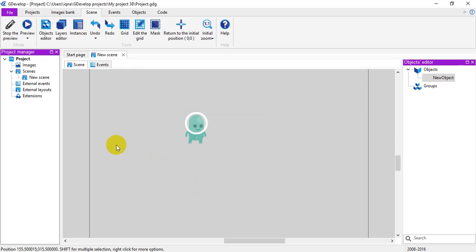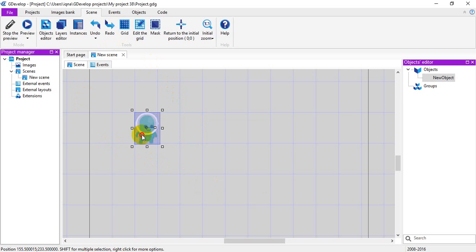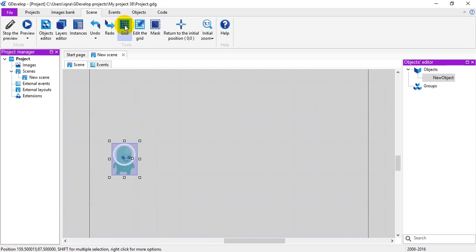You can preview your object on the grid for accurate placement. For example, we can place the object accurately, use the grid for that. For now, let's close the grid by clicking grid and see what some other things mean.